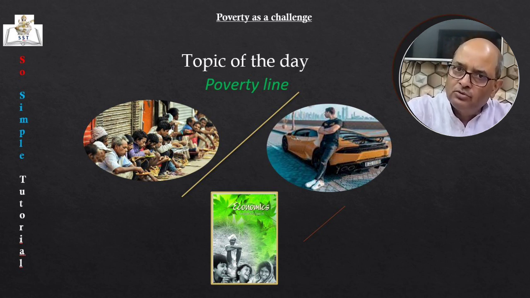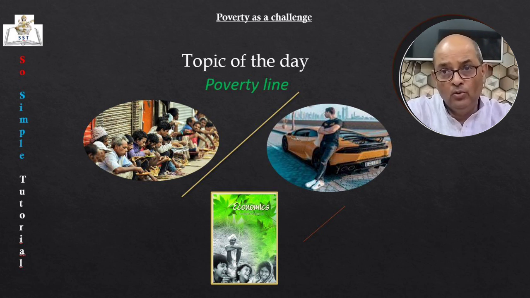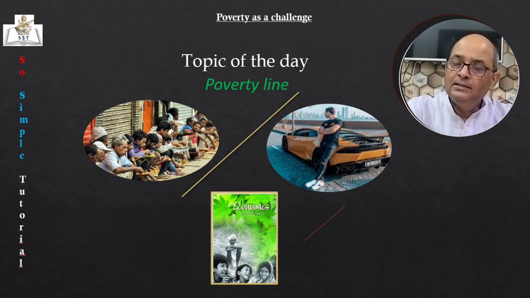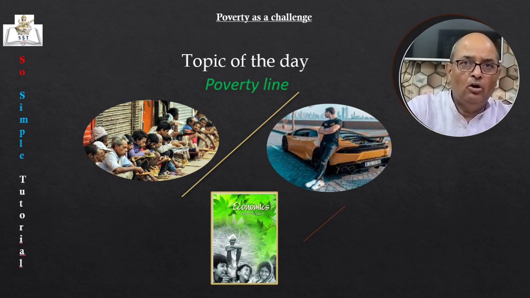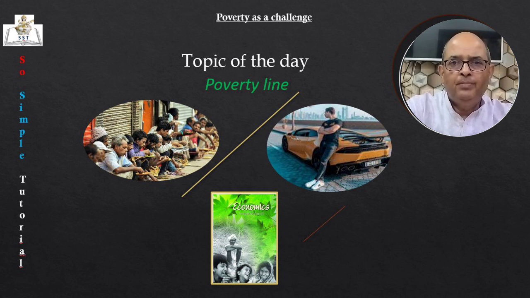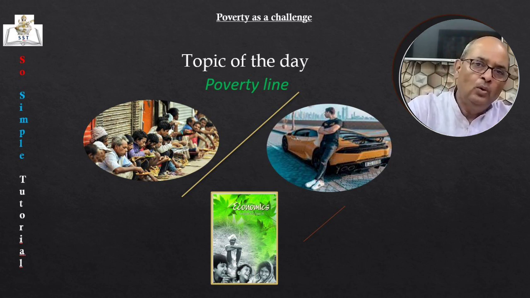The students who score 33% of marks or more in a subject is considered pass. Those who score less than 33% marks are considered fail. So this 33% line decides pass or fail. In the same manner, we have the poverty line. Poverty line is a line that divides the population of a country into poor or non-poor. As simple as that. Accordingly, people who fall below this line are considered poor and those who lie above the